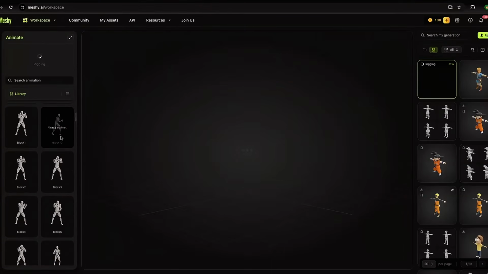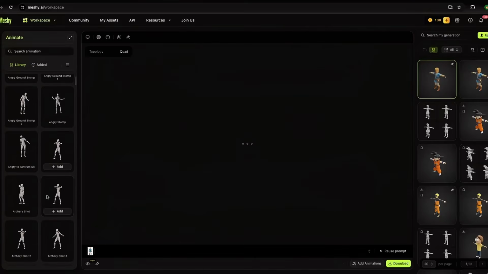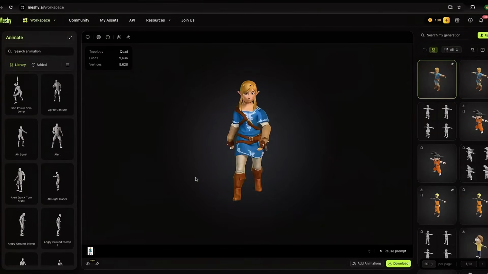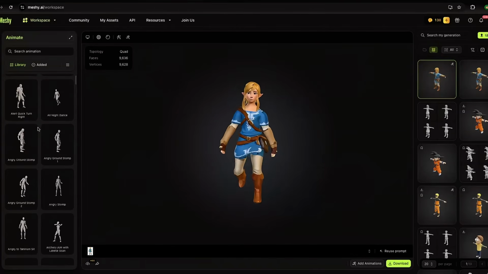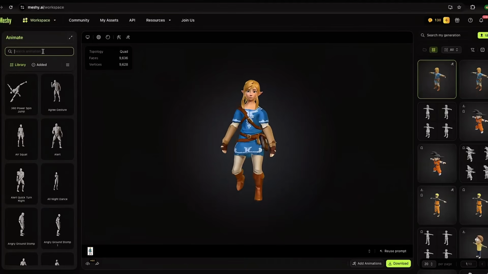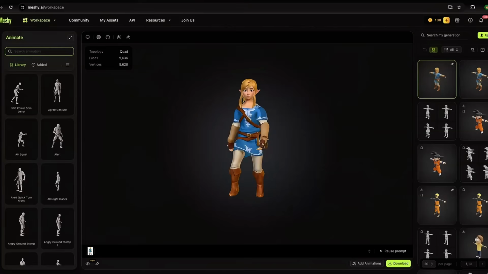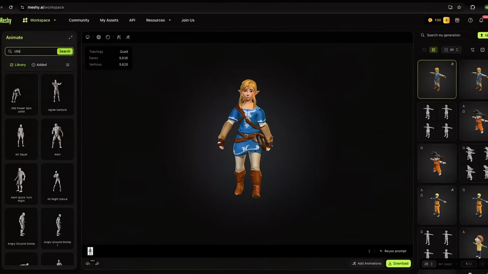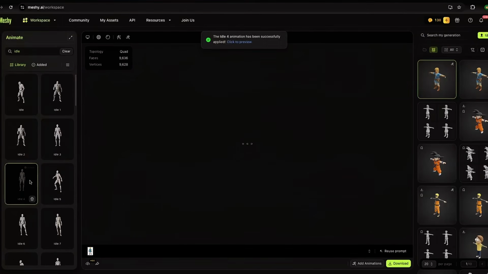Meshy also provides a huge library of animations, like different jumps, squats, dances, but we do not need them for our example. So now we have this default walking animation. For our tutorial, we also need to add an idle animation, so I can just type idle in search. They also provide different types of idle animation. Let's try this one. Okay, now I can click and